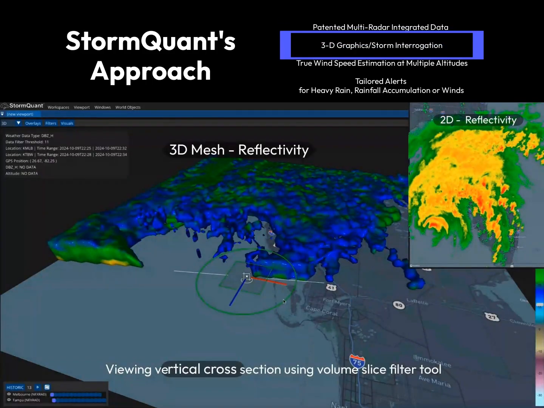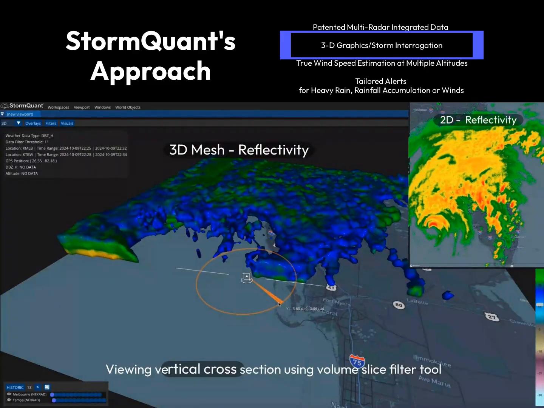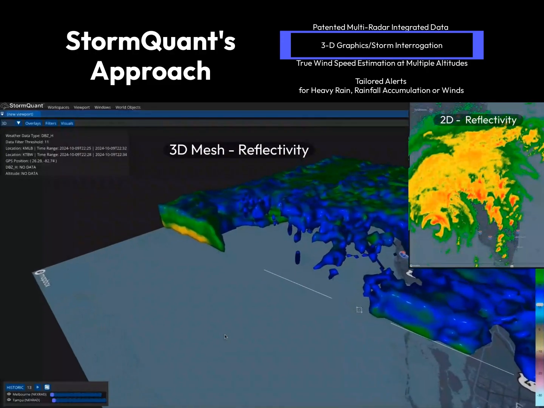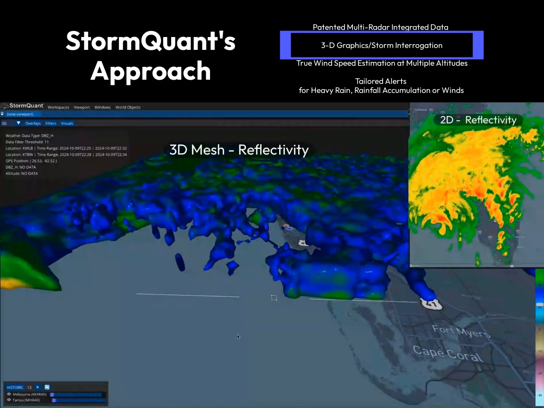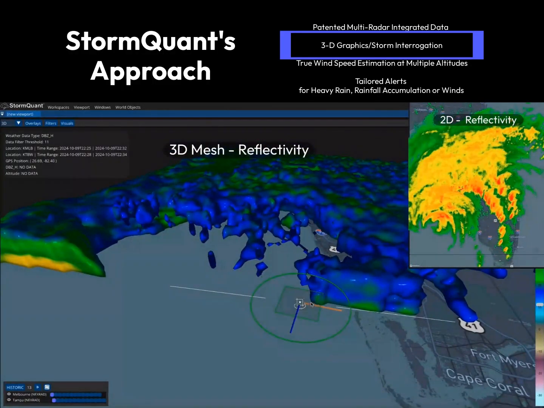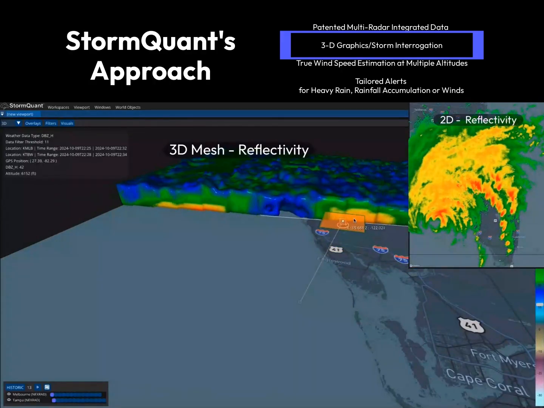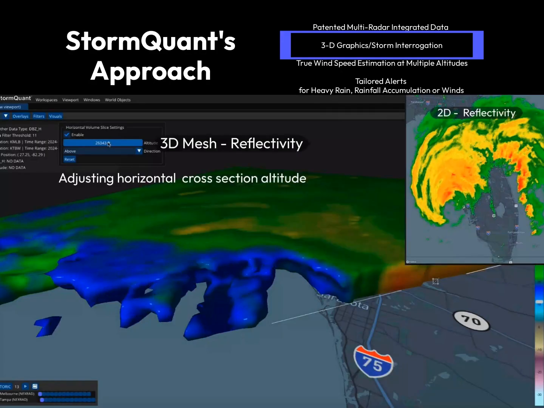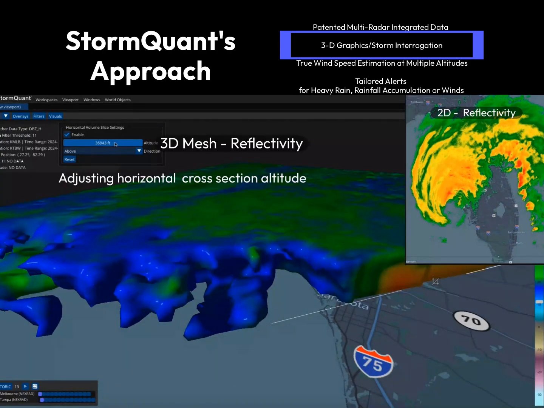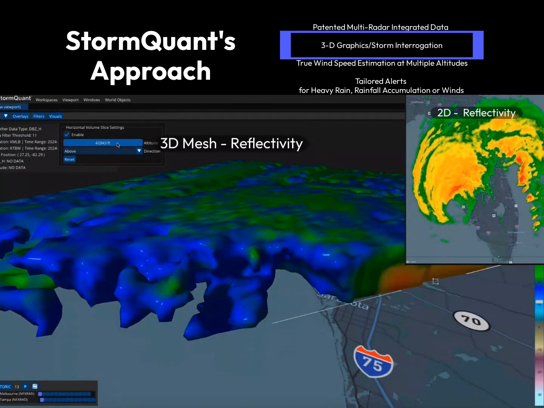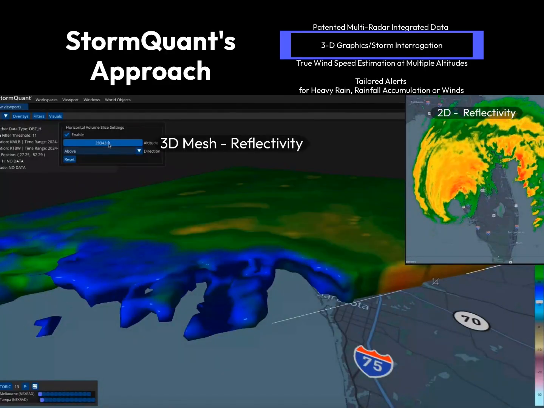Meshing data from multiple radar sources allows for the creation of cutting-edge, three-dimensional environmental depiction. StormQuant's Weather Viewer allows the user to instantly create vertical and horizontal cross-sections at any desired location in the map area. The benefits of area-wide three-dimensional visualization include detailed storm interrogation to determine movement and development for improved placement and